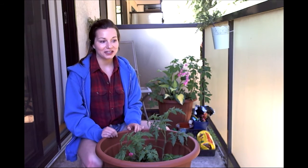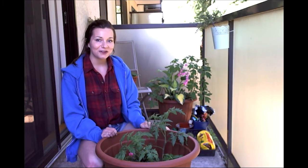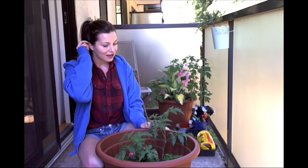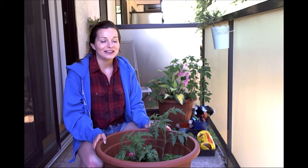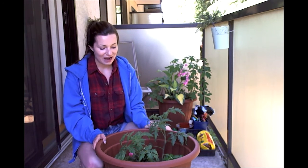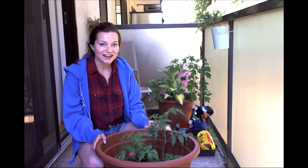Although the plants are growing and germinating, I have a really shaded patio, so it's not great for growing actual fruit from the plants, but fingers crossed, maybe this year will be my year. Maybe I'll find a sunny corner on the patio and actually stick my plants up there. Again, not the greenest thumb ever, but not only is the Tomatosphere program great for exploring the effects of going